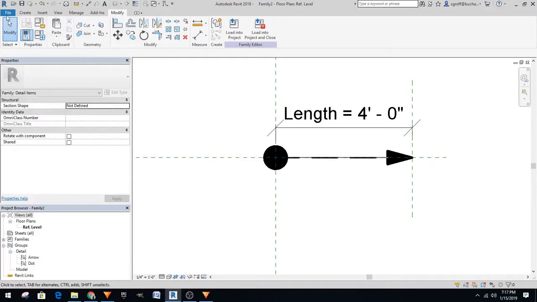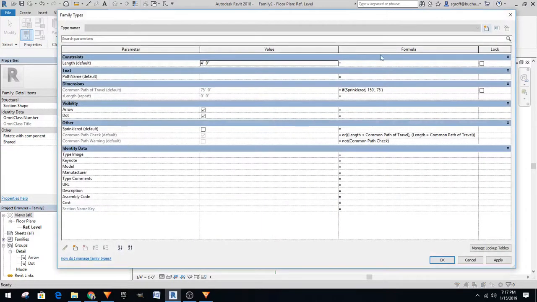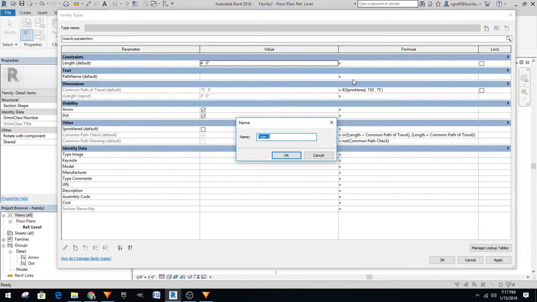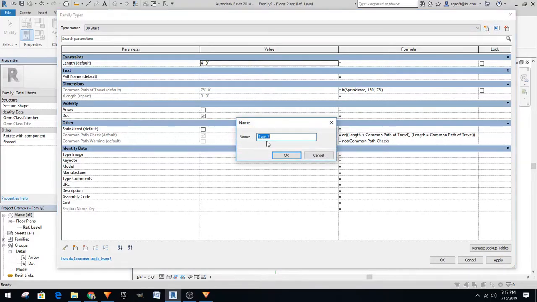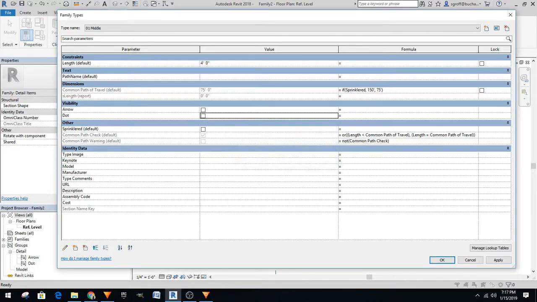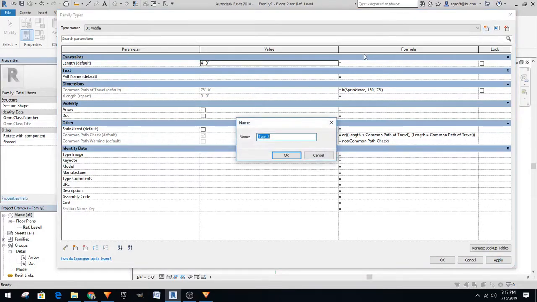So let's go into our family types and let's create a new one. Now, I like to use a 2-digit code in front when I want to keep things in a certain order, and I want start, middle, and end to list that way here. So we're going to do start, and start is only going to have the dot, and we'll apply that. And now we'll do a new one and call it 01 middle. And that's not going to have a dot or an arrow. So we'll apply that, and then we'll do a new one and call this